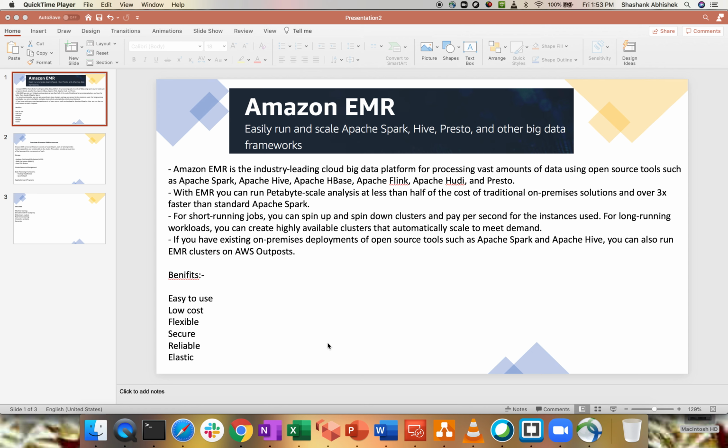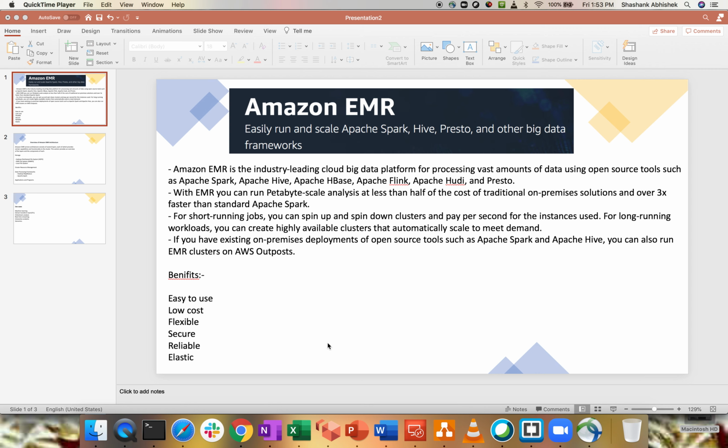As you can see on my screen, the topic for today is Amazon EMR, another analytics service within AWS. As part of the analytics series, I have done a demo on Athena with the help of AWS Glue plus the Elasticsearch service: how to configure these services within AWS, what the concepts behind them are, and on which mechanism those two services are running.